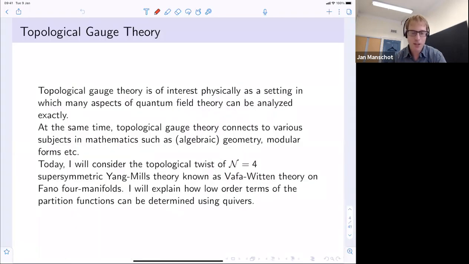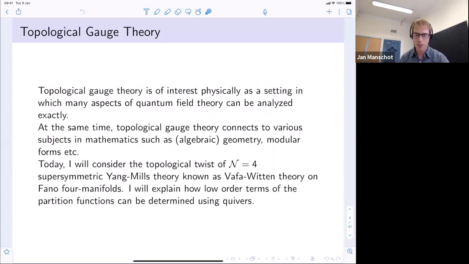So let me start with the topological gauge theory. It's of interest physically as a setting in which many aspects of quantum field theory can be analyzed exactly, such as electromagnetic duality, confinement, effective field theory, gauge symmetry breaking. But at the same time, topological gauge theory also connects various subjects in mathematics, such as algebraic geometry and modular forms, etc. So today I will consider a twist of N=4 supersymmetric Yang-Mills, which has several possible